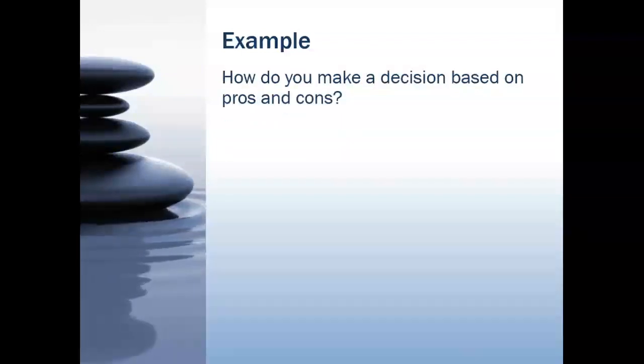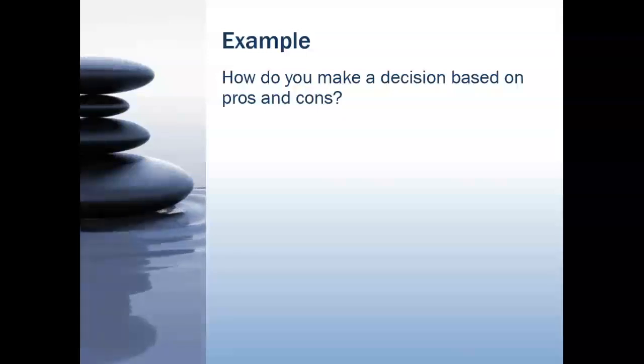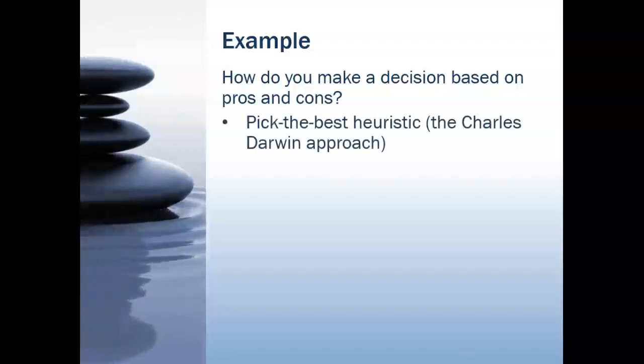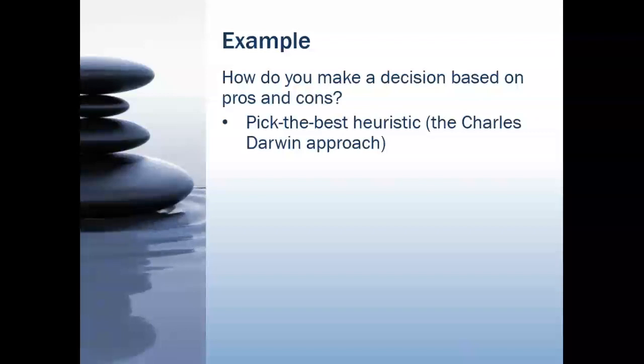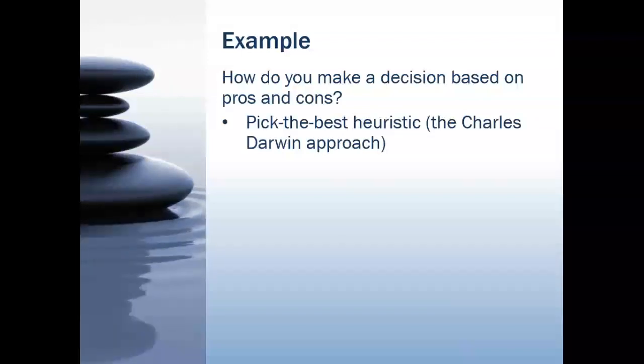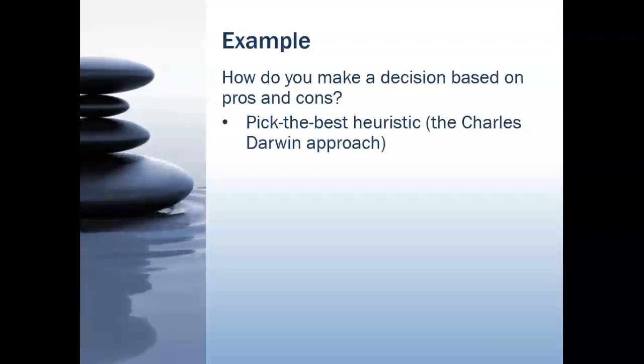Now, you've got your list of pros and cons. How do you make a decision based on your list? The easiest approach, class, is to use the pick the best heuristic. So among your pros and cons, you would choose the strongest pro and the strongest con only. You would pit the strongest pro against the strongest con, and then based on which of those is stronger, that's the choice you make. So if the strongest pro of staying in Perth is more important to you than the strongest con, then you